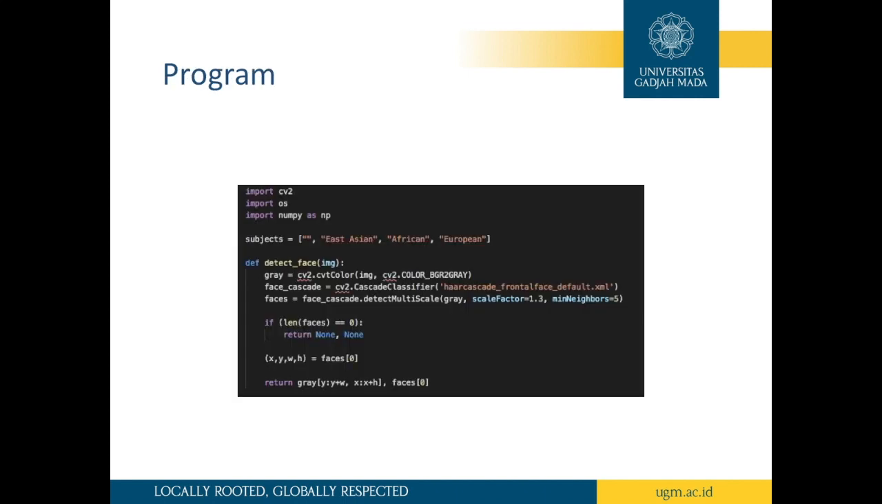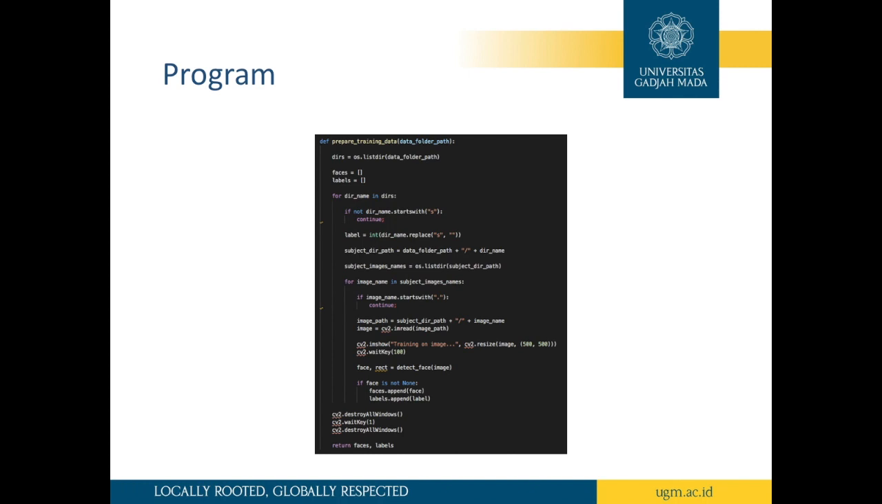Now moving on to the program. We use Python here, and the libraries are CV2, OpenCV, OS, and NumPy. So we define a function for detecting faces first. I use the Haar cascade for face detection,